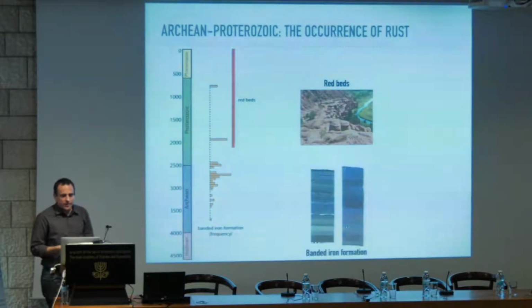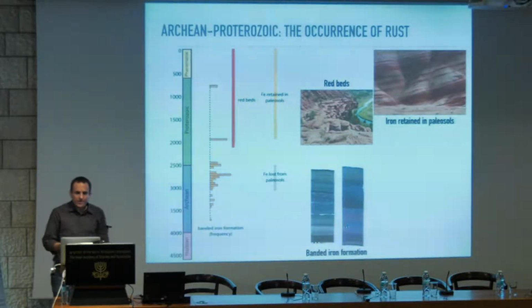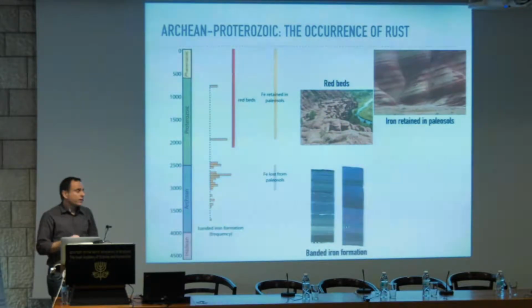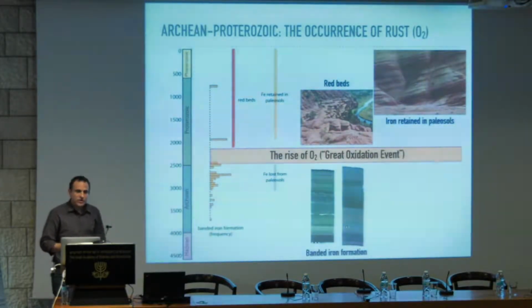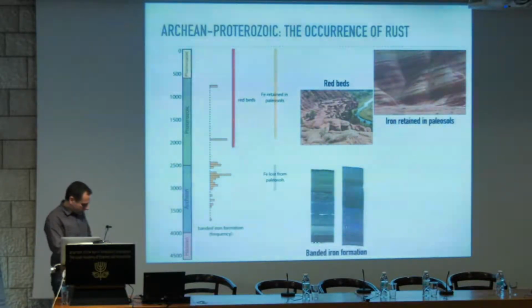Iron begins to show up in ferric oxide cements in siliciclastic rocks. These are called red beds. So this is now an oxidized form of iron. The same happens on land. Iron begins to appear in oxides in soils, whereas before it was washed away from soils together with soluble elements like calcium and magnesium. And together this tells us that these changes in iron mineralogy and oxidation state reflect the rise of atmospheric oxygen. So something happened here,